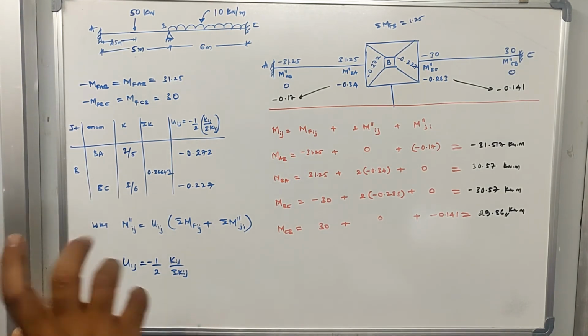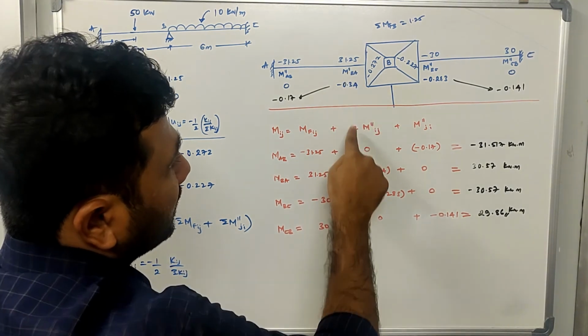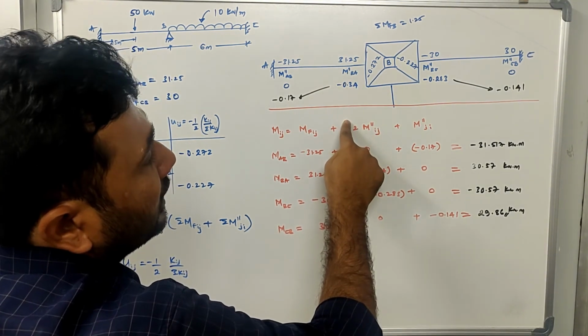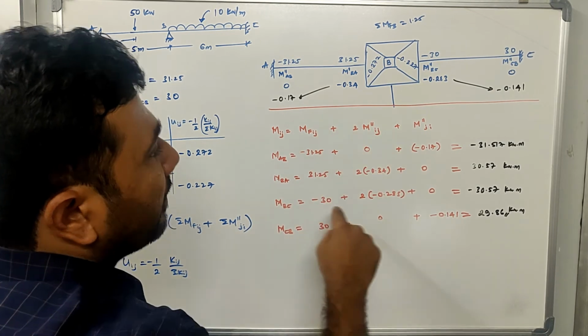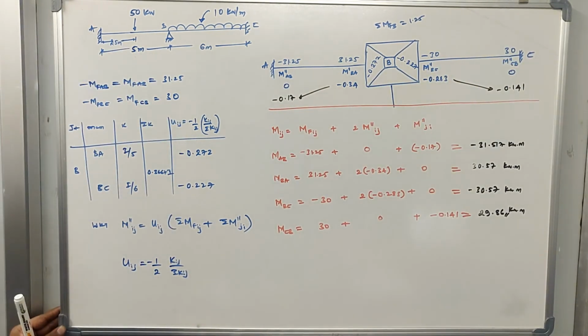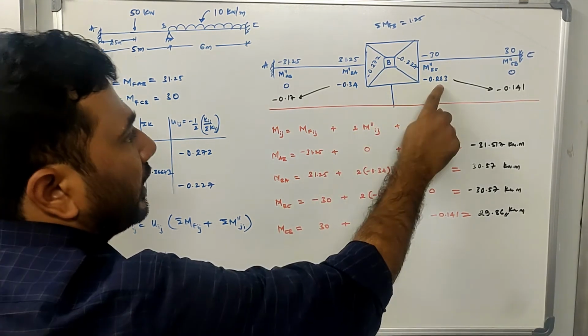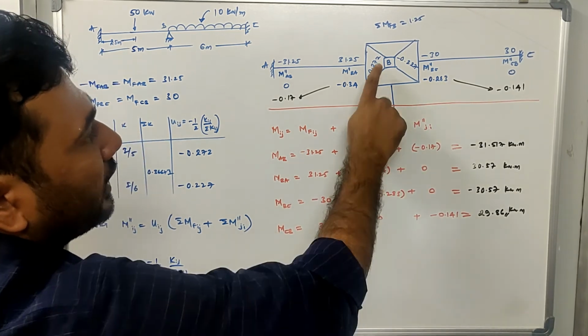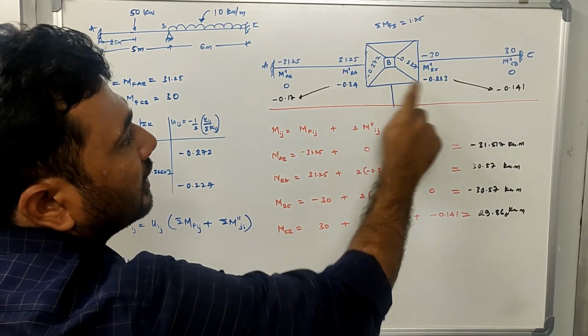Now you got to understand what we have to write in this column. In this column you have to write the respective rotation moments. Above the line we have written the fixed end moments. Once this is understood, the next step is to calculate the rotation moments over here. We have already calculated the rotation factor. Let us calculate the rotation moments.